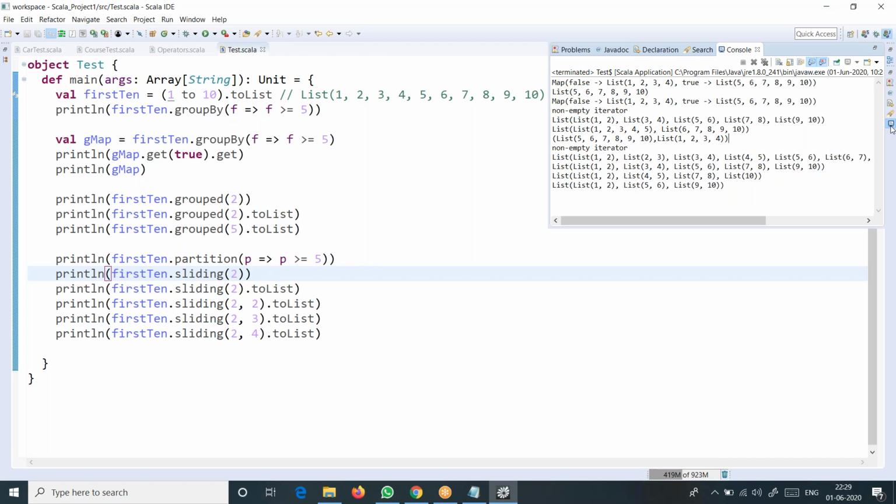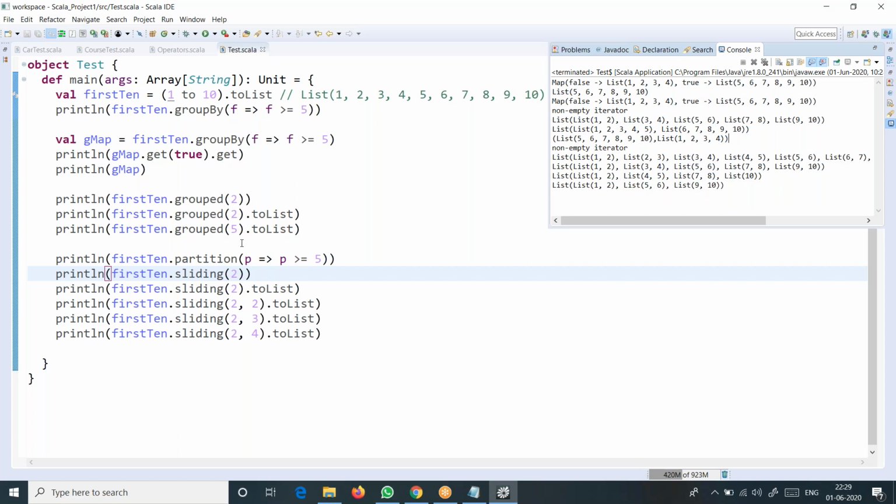And this partition is returning a tuple. Might be you can ask me, how do you know that? When you look at the result here, from that itself you can understand what it is returning, whether it is returning a map, a tuple, a list, or a set. You can see just these brackets and data inside, that means it's a tuple, which is also a kind of collection in Scala, in Java, in Python, and in many other languages.